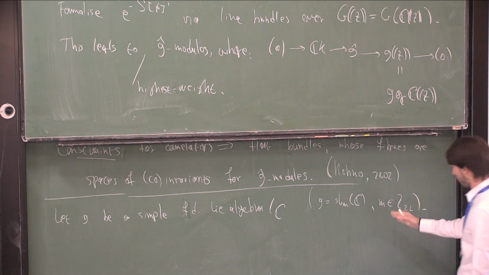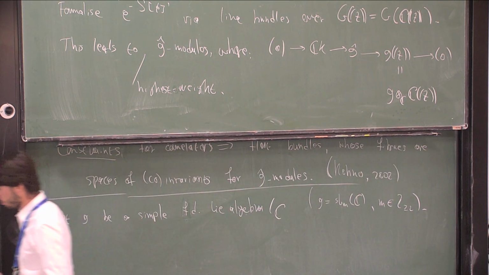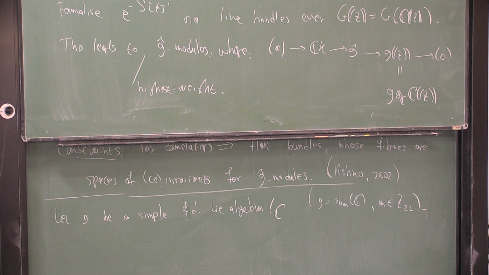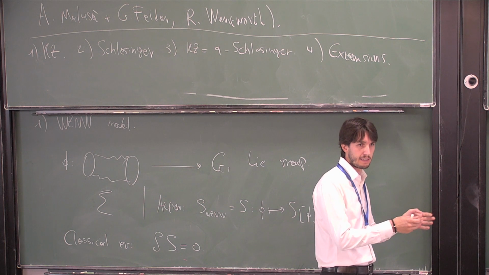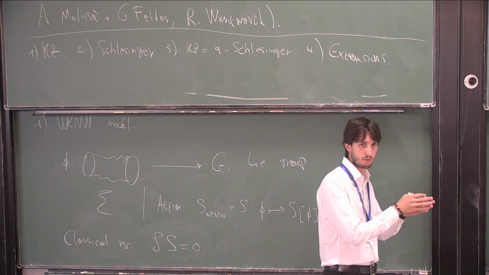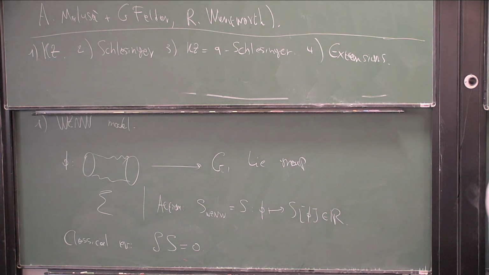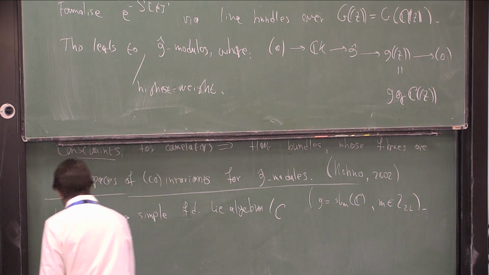Let's say I'm only in the simply laced case. You take some integer n greater or equal than 2, and you look at the simple Lie algebra. Now I want to define some module for the affine Lie algebra associated with this. In a completely standard way, it's this induction that builds first Verma modules and then the integrable highest weight modules. So this is completely standard. Okay, so how do you do this? You fix an